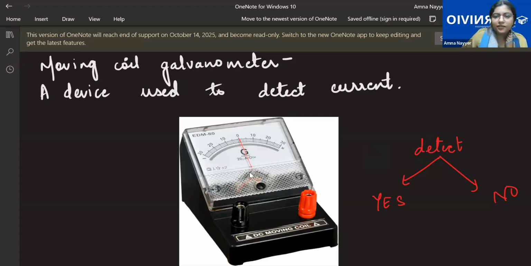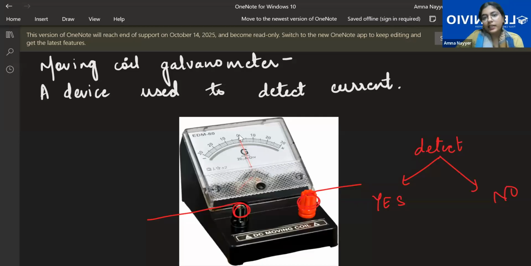So, like this, if I say, see, this is how the wires are connected, and the rest of the circuit is done, and the other end of the wire is connected. This is the positive part, the red color, and the negative part. This is how it looks. It will give a deflection if the current is existing. If there is no current in my circuit, the pointer will remain as it is. But if there is a current, this will show a deflection.